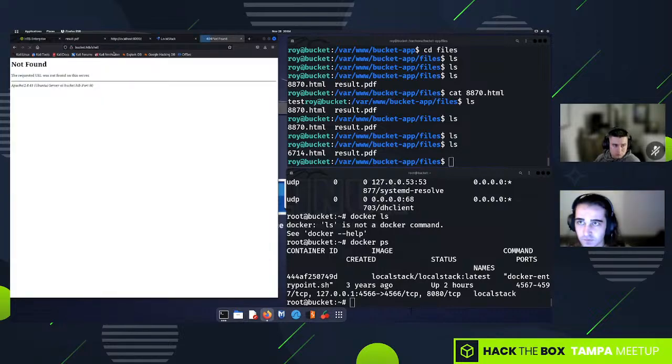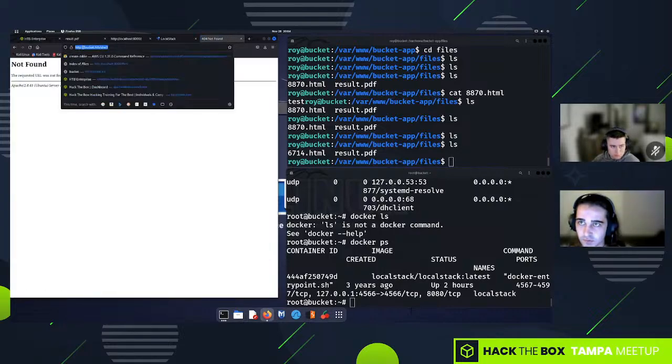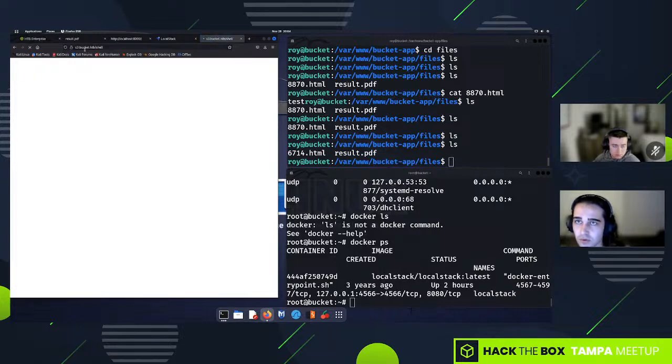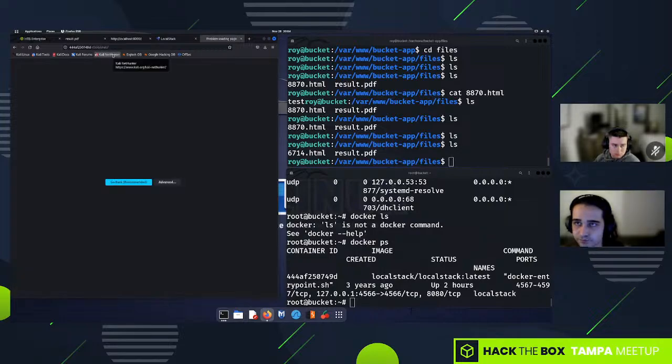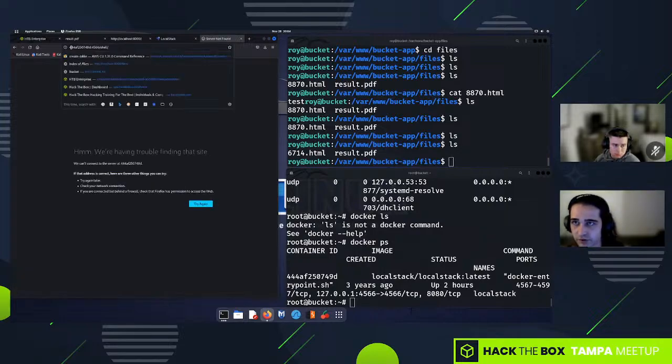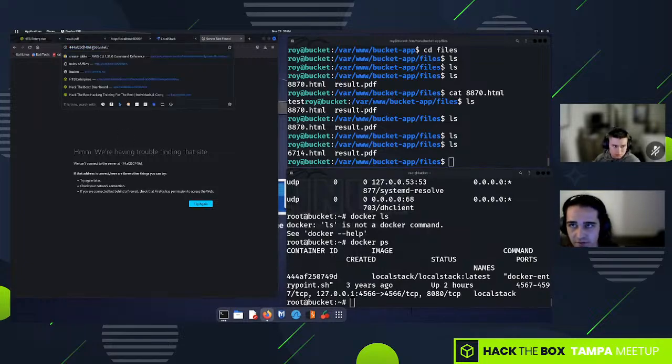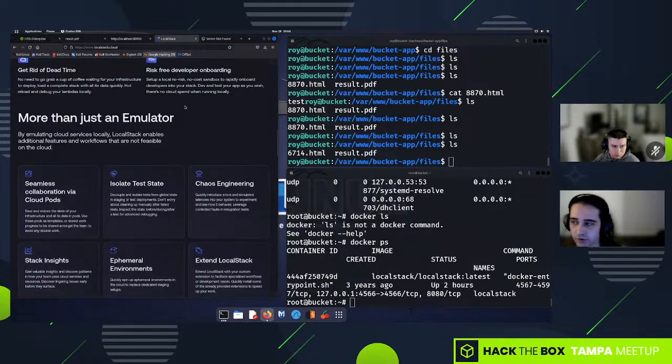I believe it's this. No, it's S3. LocalStack comes with a, so it tries to redirect here, and if you look here, this is actually our container name. If we add this to our hosts,